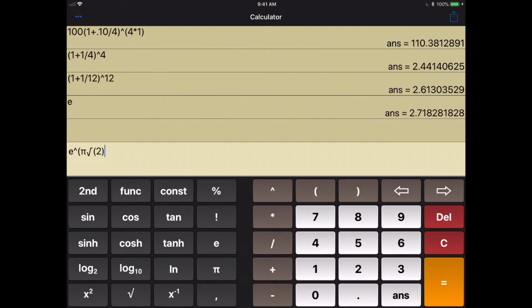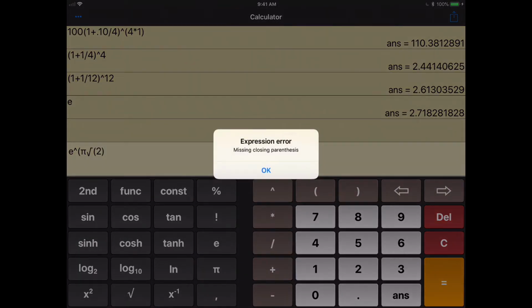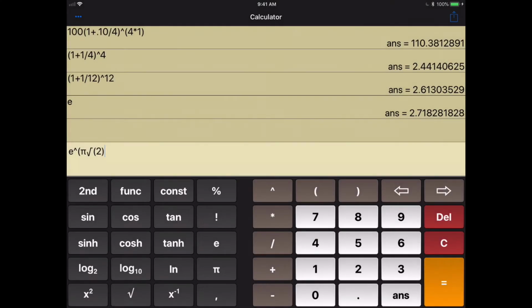And just to show you that if you don't have the proper syntax you'll get an error, I'm going to press equals now and show you how it won't accept your input because you're missing another right parenthesis. Here's the error. It needs another parenthesis, so we put the parenthesis there. I press equals, and there it is,